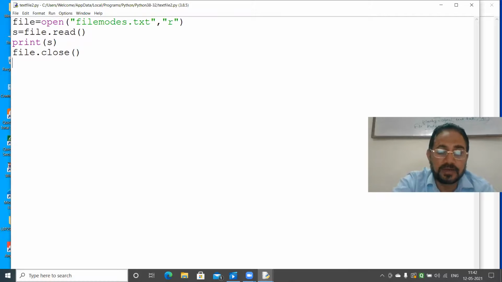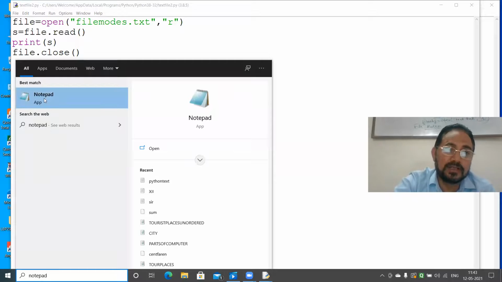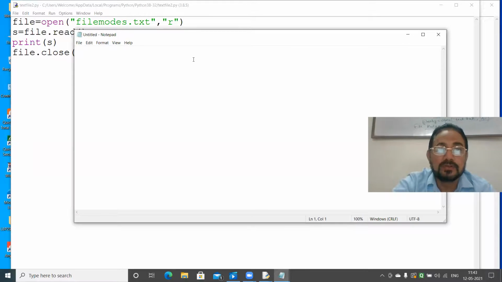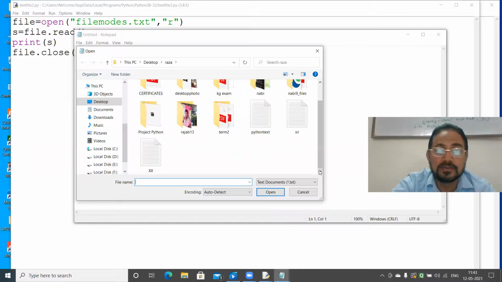I will start the notepad, I will find out the file. Now see here, it's not even necessary to save your Python text here. File, open, and see, file modes are there.